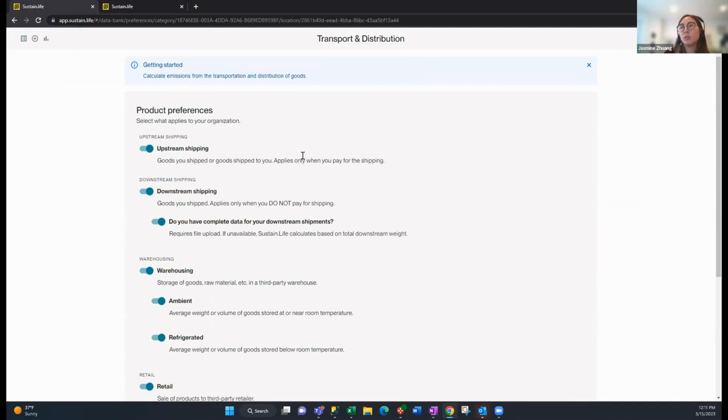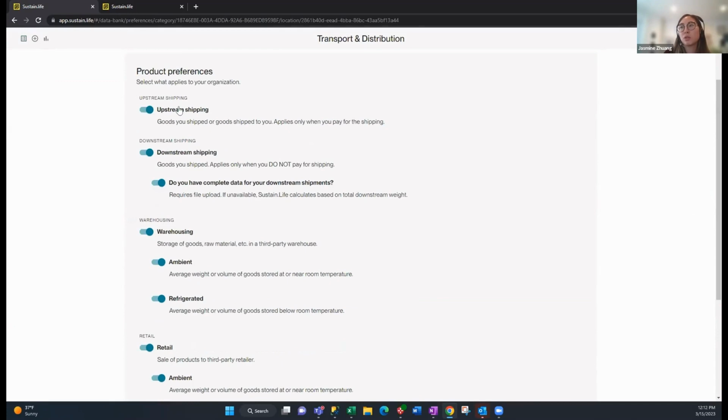So to start, you'll configure the preferences for what applies to your organization. You'll probably have upstream and downstream shipping. In that case, you can toggle both of those on. And then this is the question that has to do with whether you have complete data for your downstream shipments or not. If not, you can toggle that off. And again, we can calculate for you and extrapolate based on your total downstream weight and your upstream shipping patterns. If you do, in this case, I'll just leave it toggled on because I do have complete data for my